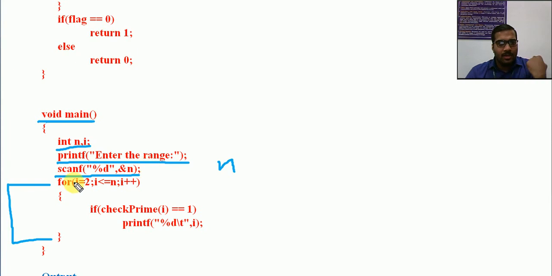So I will take the values from 2 to n. If 10 is the number, then from 2 to 10 every number is verified whether it is prime or not. That is the logic we are going to use here.